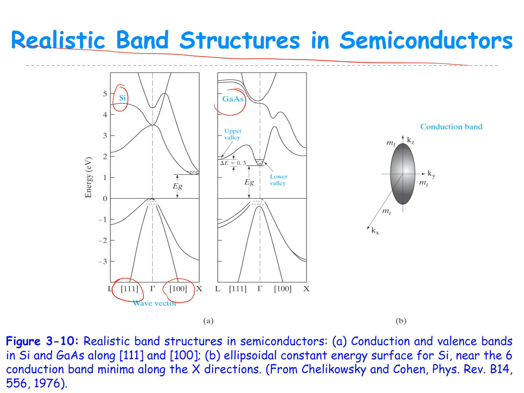For gallium arsenide, you have many minimums, but the lowest minimum is at the same K value as the maximum of the valence band. So this is a direct gap semiconductor, whereas for silicon, the lowest of the conduction band minima is at a different K value from the maximum of the valence band. So this becomes an indirect